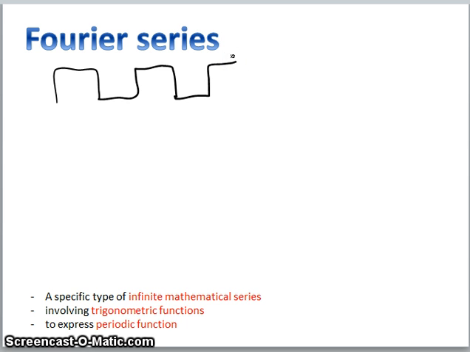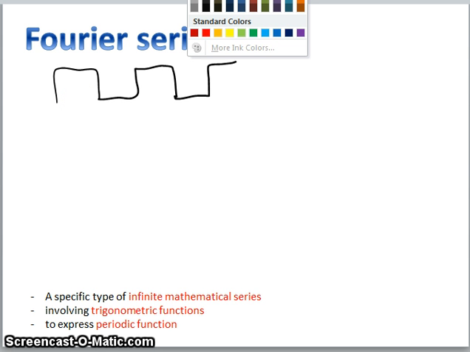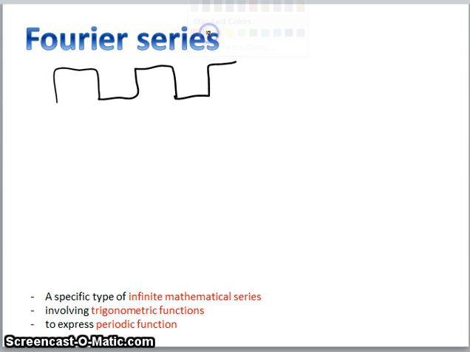Okay, so this square wave function is a type of periodic function, right? Okay, because you can see repetitive cycles of this graph. So now if I would like to represent this function using Fourier series, what I expect is